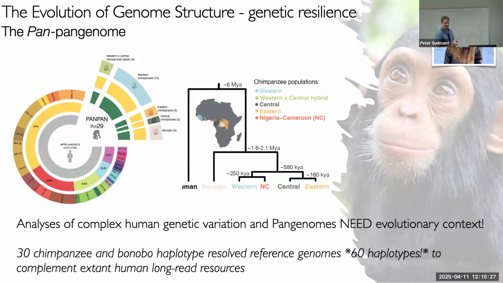We're basically making complete haplotype-resolved reference assemblies from chimpanzees, and we call this the pan-pan genome, because this is the Pan genus, right? So here's everything that we have now for humans, which is remarkable, right? We've got about 200 humans, and there's our little slice. We have 29 chimpanzees that we've done massive sequencing of.